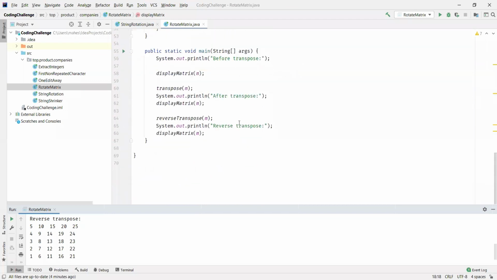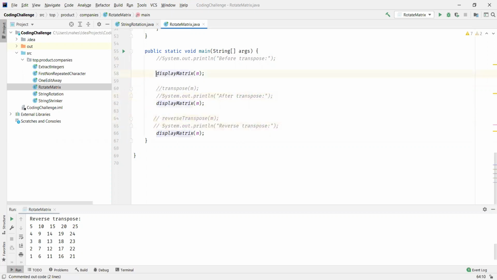For now, from the main method, I'll comment this out. I'll also display the matrix for the first time. All right.